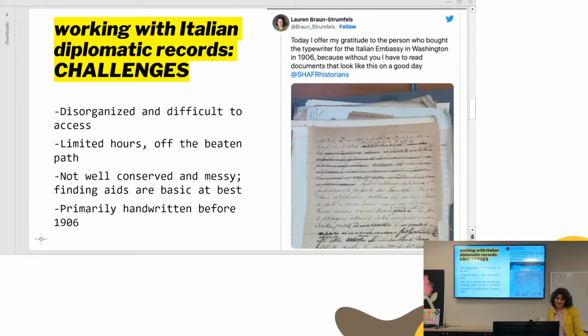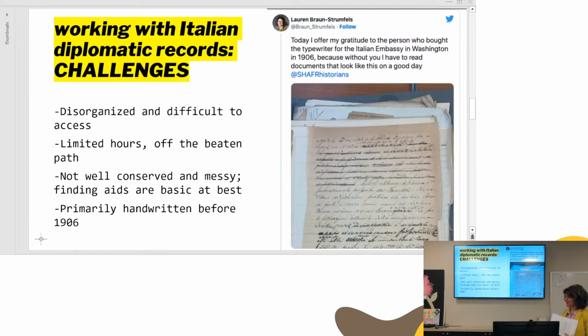Not a lot of time. It's not even really a full day, right? As I said, it's not the kind of archive that you're just going to pop into while you're there being a tourist, or you're there for a conference, which sometimes historians will do. We'll go somewhere for a conference and go to one day in an archive and just hoover stuff up and then process it later. You really can't do that. It just doesn't work that way.